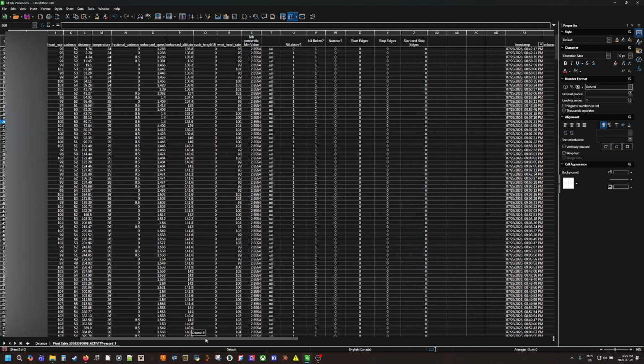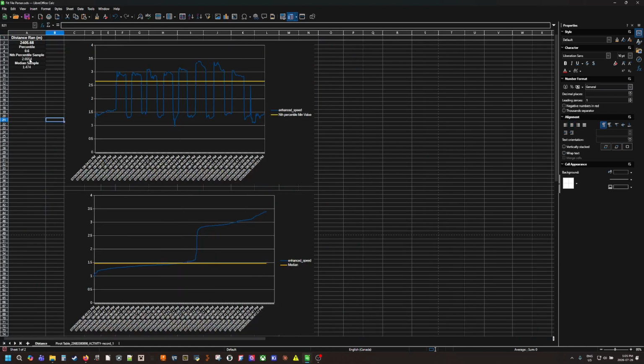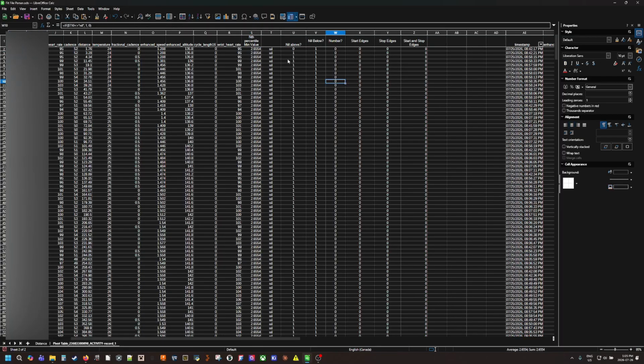How do we get there? All right, so I'll take you through each column. This is basically where the calculations are happening right here. So here's your nth percentile minimum value. And what we mean by nth percentile is the value that you're putting in here. So right now, n is 0.6 or 60th percentile. And that's giving you a value of